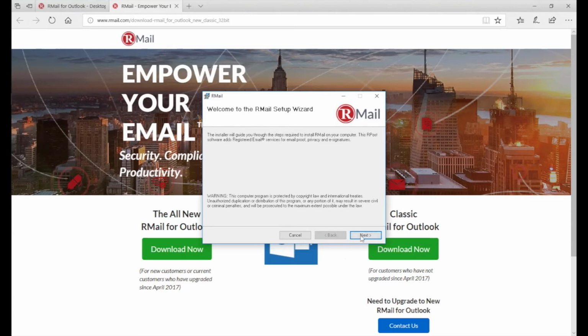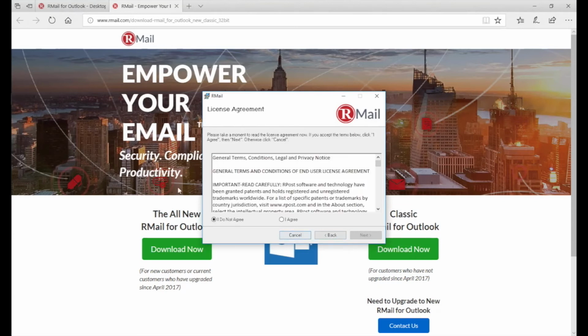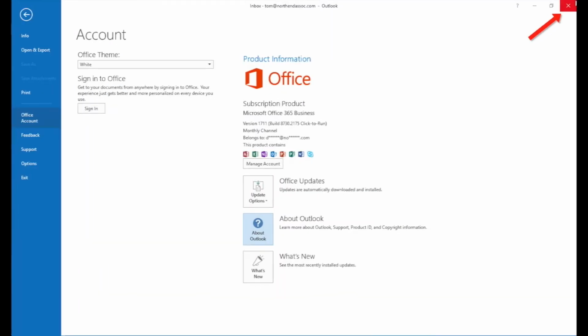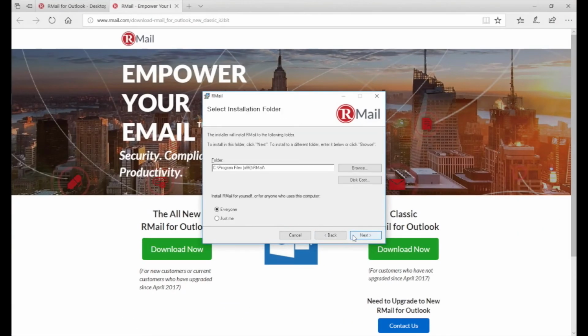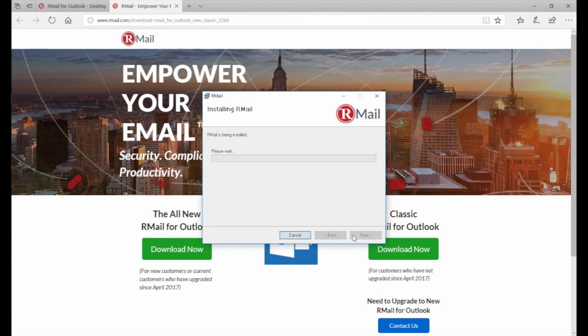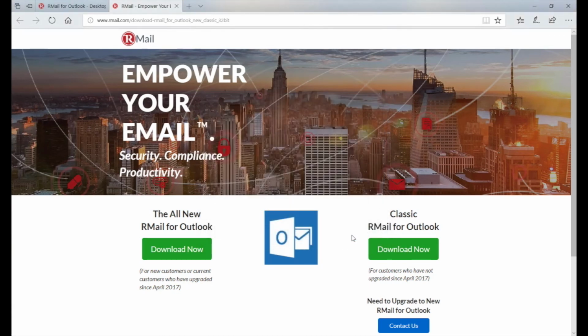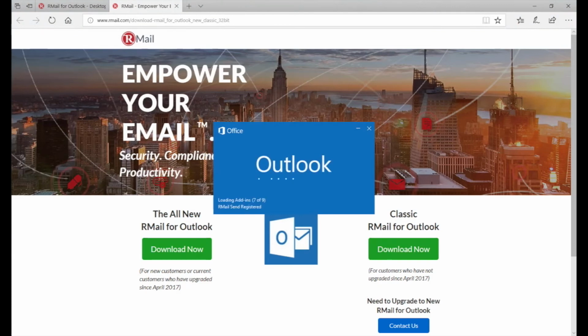Now you follow the simple install shield wizard, but before I start, I need to make sure Microsoft Outlook is closed. Now you follow the simple install shield wizard, and now you're done. I now open up Microsoft Outlook,